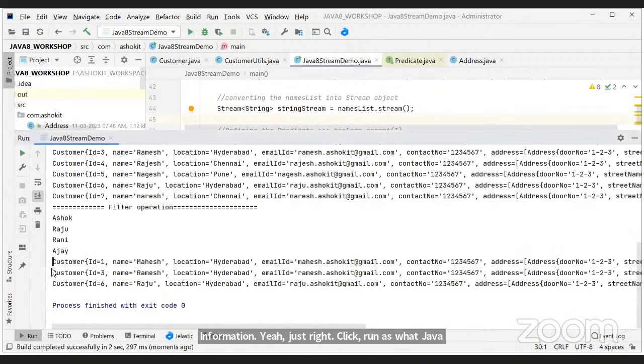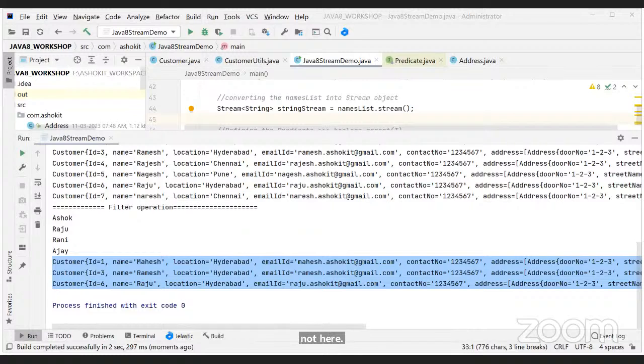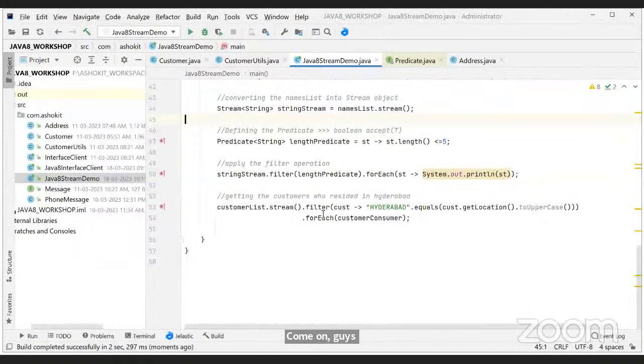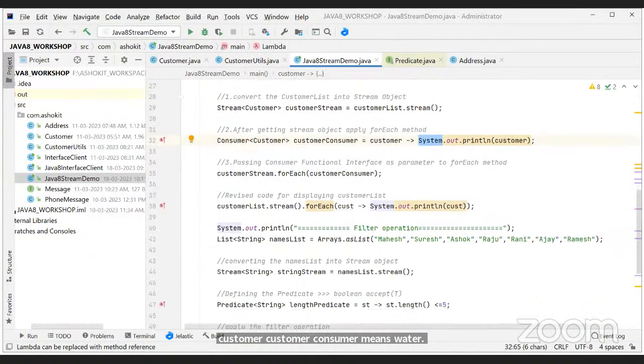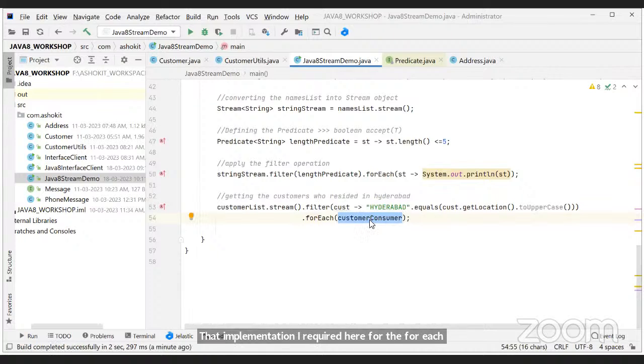See, sir, we got only the Hyderabad related customers here. Customer consumer means it is taking a customer object and displaying that customer object. That implementation I required for the forEach method, so that I can call that method. That's all.